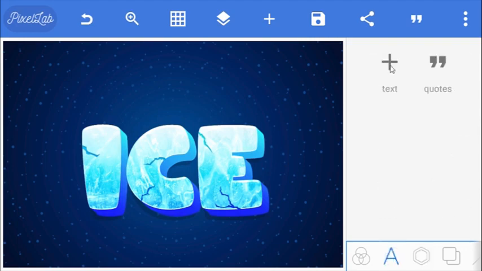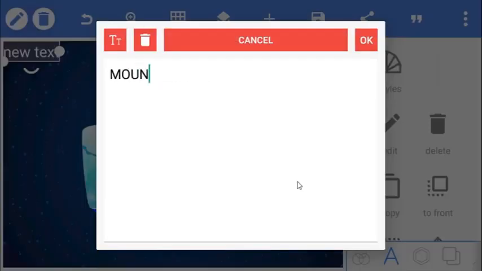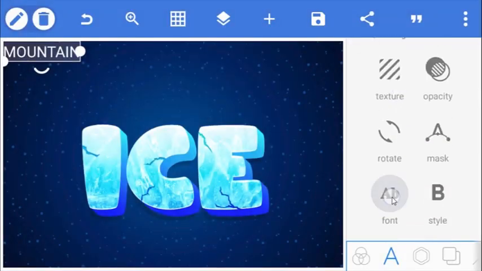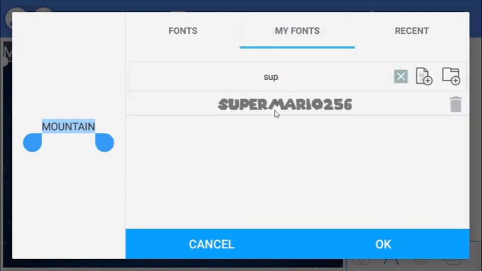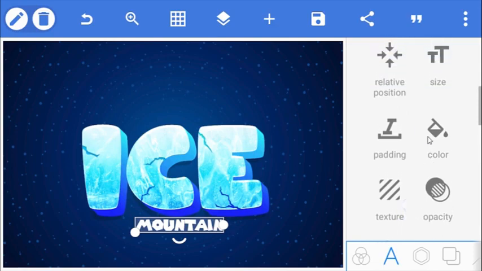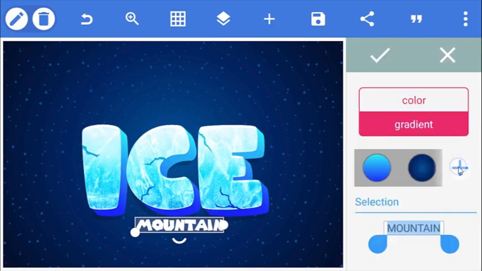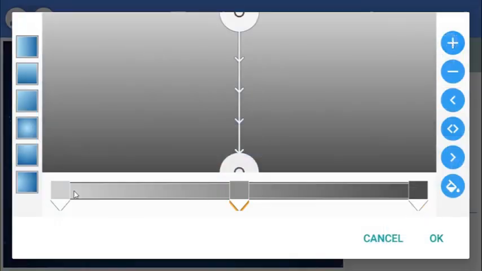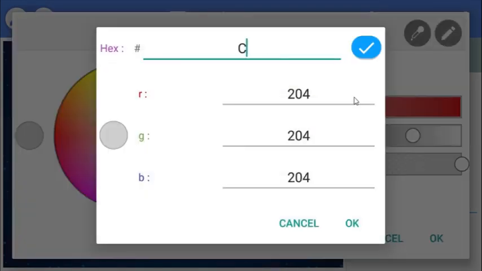The smaller text effect is just as easy as the first one. Here I've typed my text and I'm going to be using this font called Super Mario. Place it below the ice text effect, and go to its color, select gradient, create a new color position at the middle, and for the top color, I'm going to be using this yellow with the hex code of